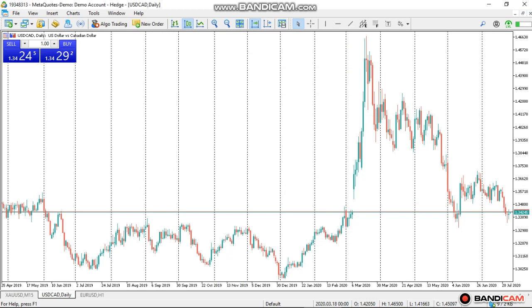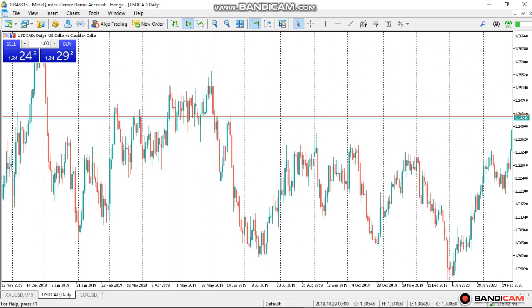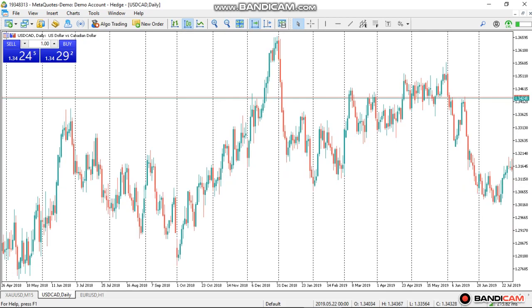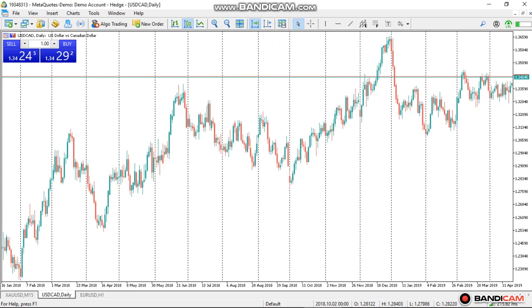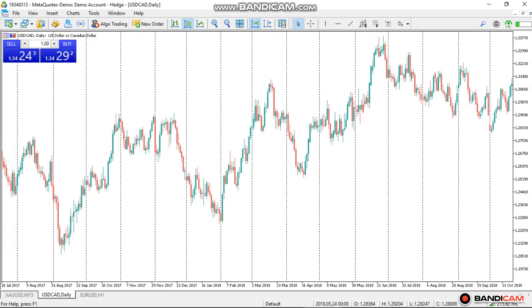Okay, so we're going to be looking at support and resistance. Right here I have the pair USD, the United States dollar against the Canadian dollar, on the screen. When we're talking about support and resistance, we're talking about an area in which the